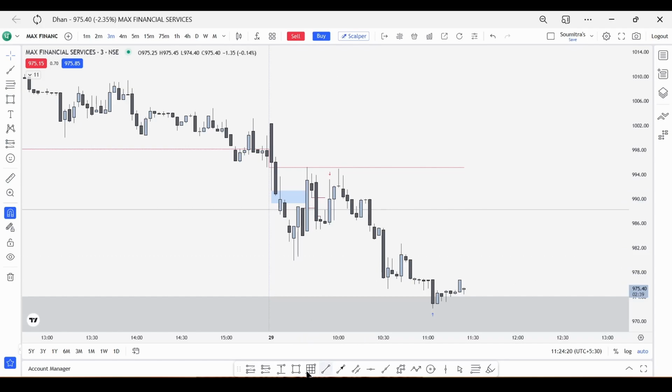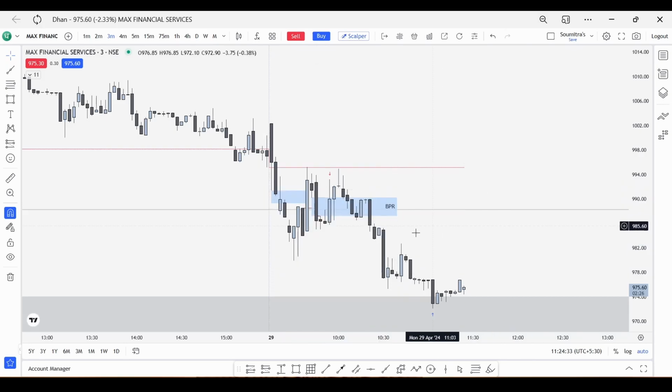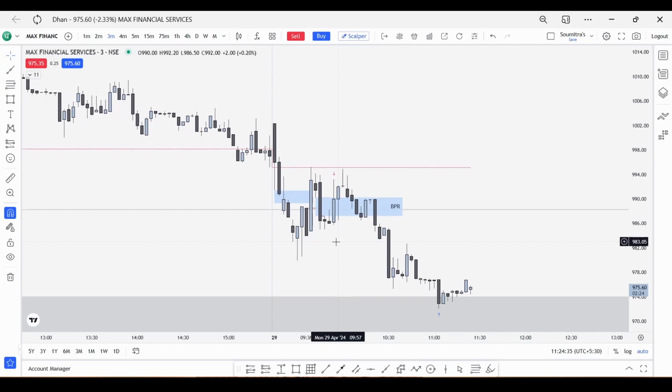So then what is this? This becomes our balanced price range, BPR, balanced price range. So then once this happens, we took our trade right from here,